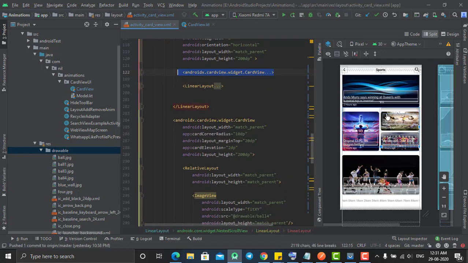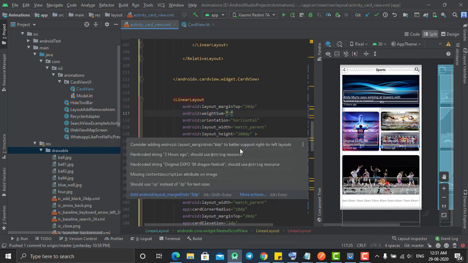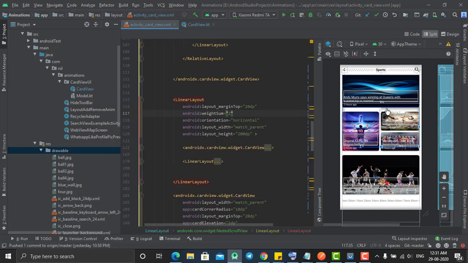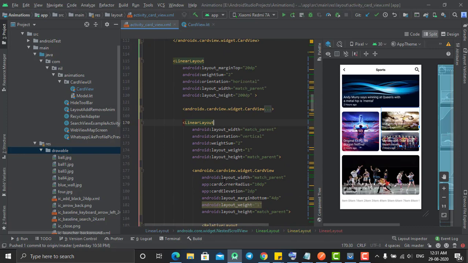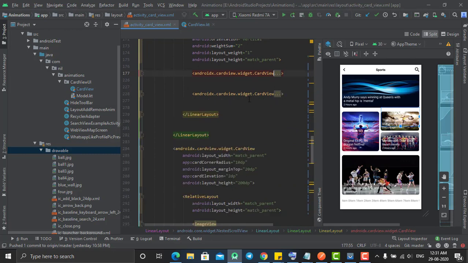Now the other section is a linear layout. Why a linear layout? Because we have 2 cards here, right? So what we did here is we divided this linear layout into 2 sections, one card and this other section. Now the same thing we'll do here. We'll create one linear layout, that is this part, and inside that we'll use 2 card views, 2 sections, right? So as you can see, this is a linear layout. I gave it a weight sum of 2, and inside that I created 2 card views. This one card view and this one card view, right? As you can see, these 2 card views, right?